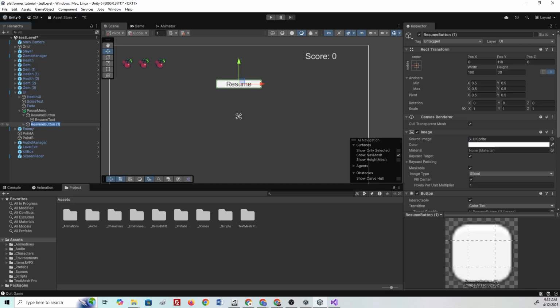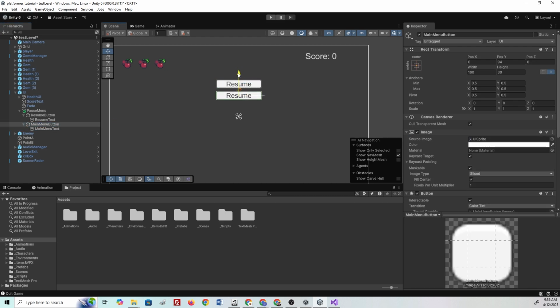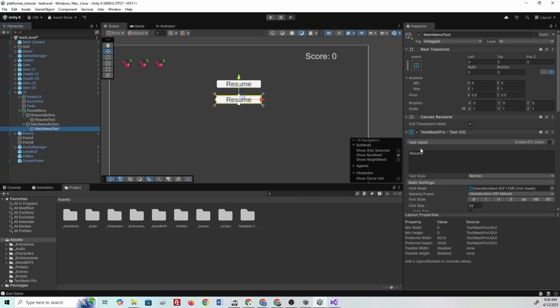This time I made sure I clicked on button. And we're going to say main menu button. And then we're going to say main menu text. And let's go ahead and drag this button down. It still says resume, so let's change the text to be main menu, like so. Alright, from here we're going to go ahead and create a new script, and it's going to